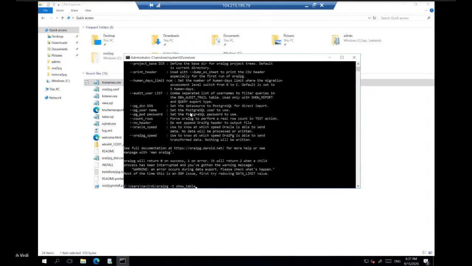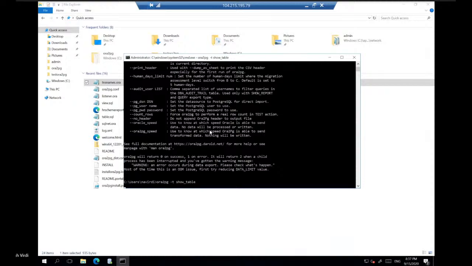These are different switches which will go into the Oracle database and run some preliminary tests, which would tell you things like whether you have accessibility to the schema or not, and whether you have accessibility to all the tables or not. Those things can be done using these preliminary switches.